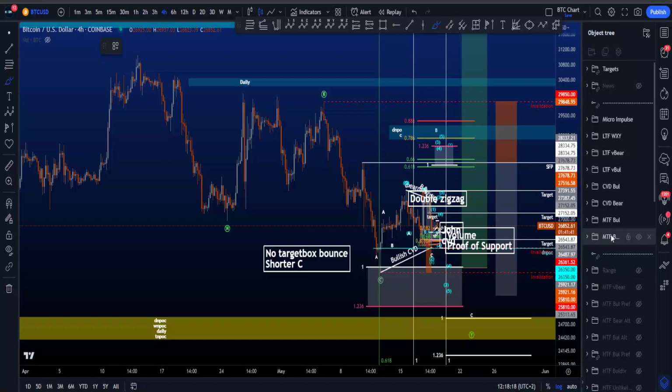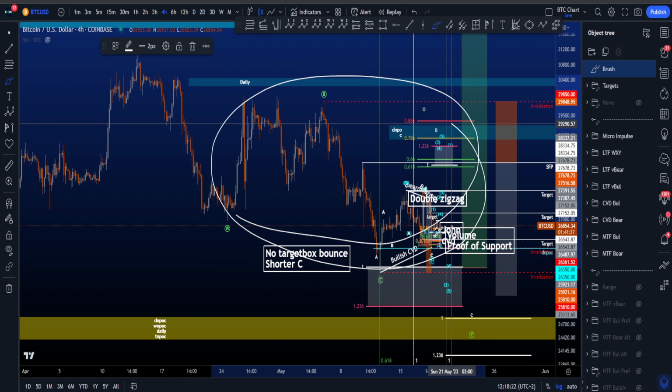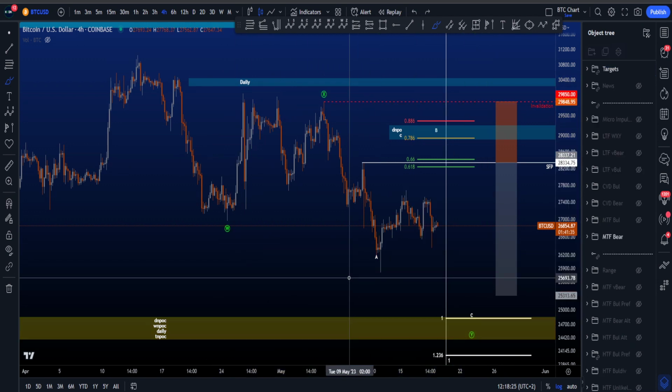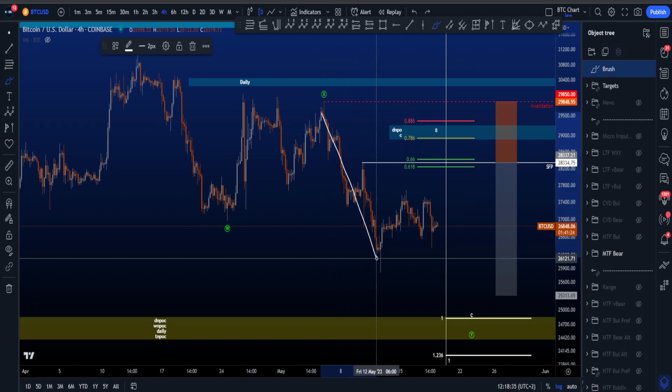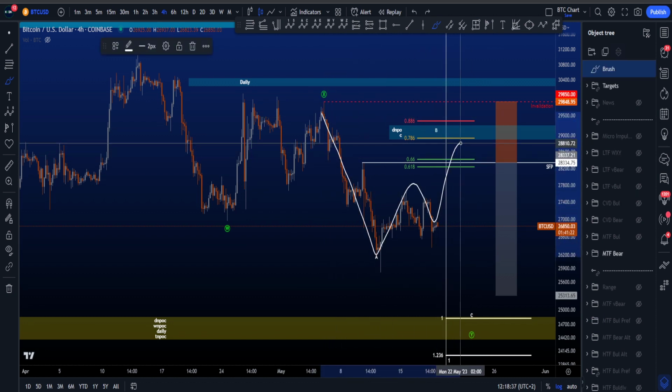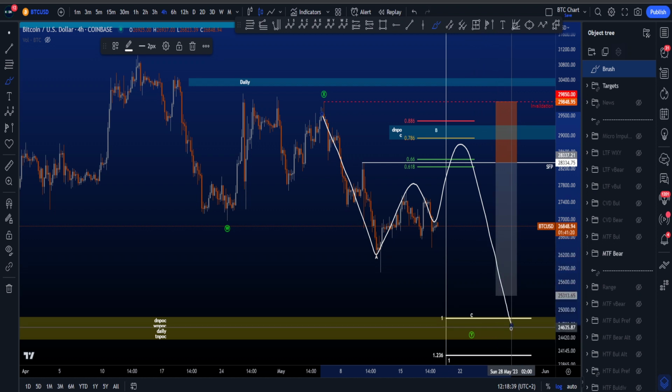Hi everyone, let's have a look at my medium time frame, low time frame and micro preferred and alternative bullish and bearish Elliott Wave scenarios on Bitcoin, starting with the medium time frame bearish scenario, which might be my preferred scenario, where we're looking for a WXY with inside the final wave Y a 3-wave structure in a zigzag, which is then a 5-wave move in the A, a 3-wave move in a B, and then eventually expecting another wave C